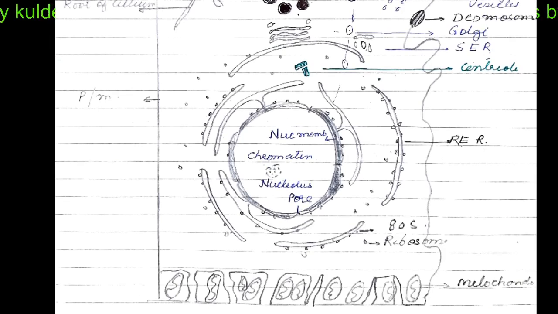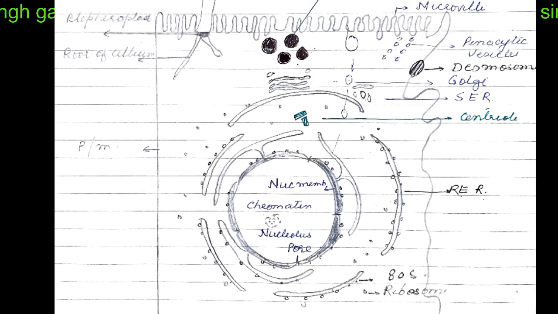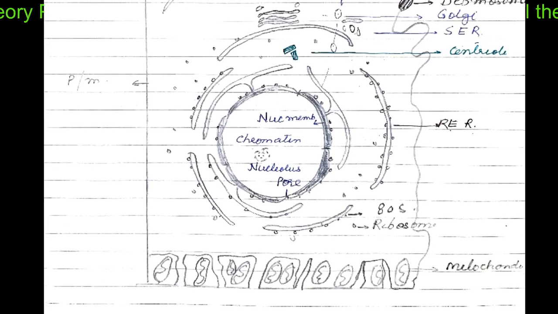The ribosomes in the eukaryotes are of 80 Svedberg unit type, whereas in prokaryotes we have 70S type of ribosomes. We have mitochondria as the powerhouses, which provide energy and are the seat of production of ATP, which are the energy providing molecules. We have desmosomes, which are meant for anchorage of two neighboring cells. And this is the basic general structure of